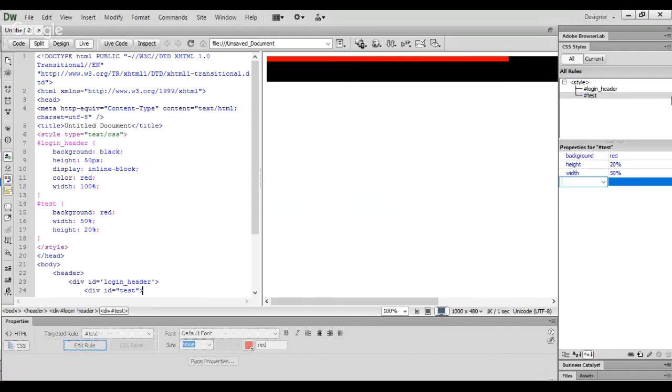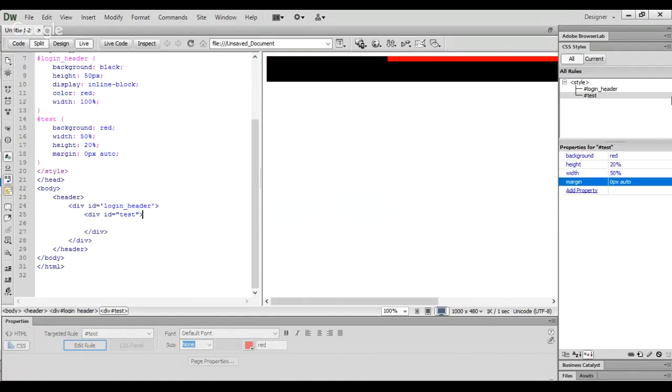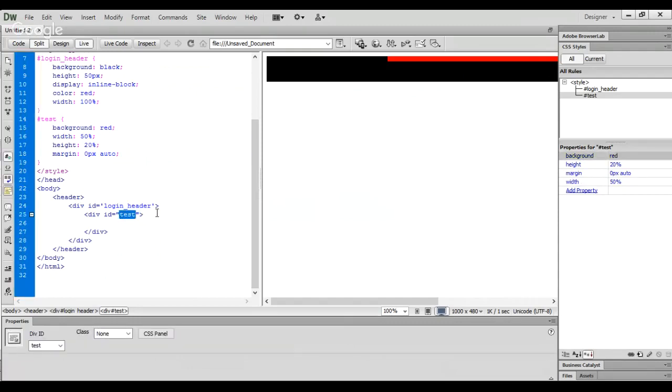Now we're going to do this. Margin 0 pixel, auto. Now with the 0 pixels with auto, you can see that it puts it in that, like so. We don't want that. We do not want that on here. This is what we're going to do. This test one is going to be